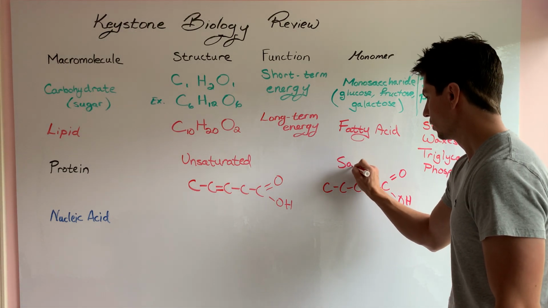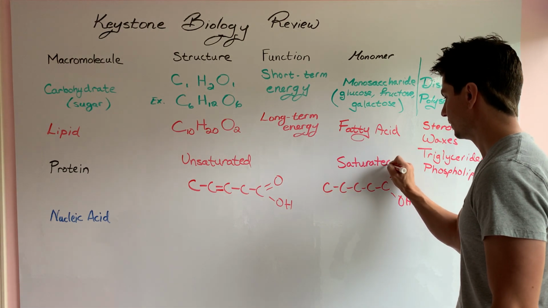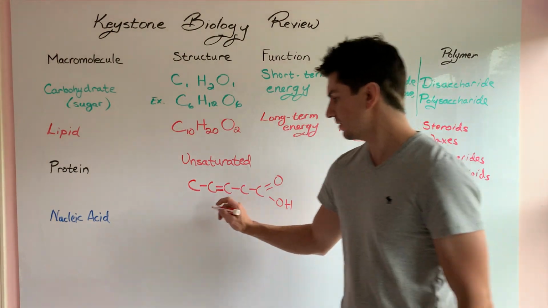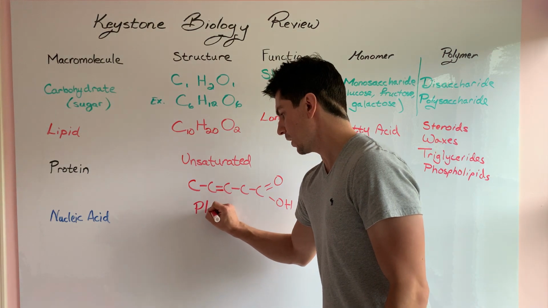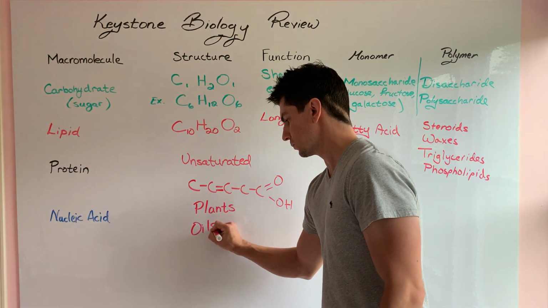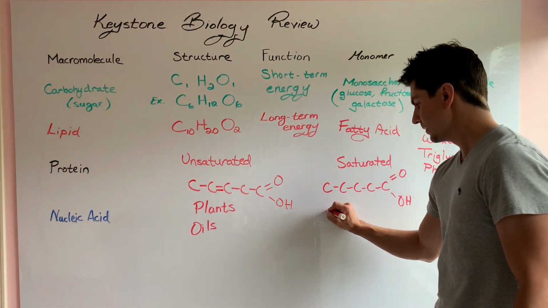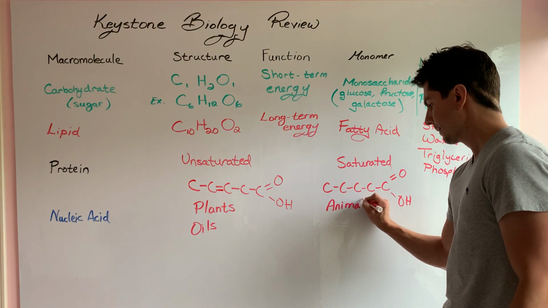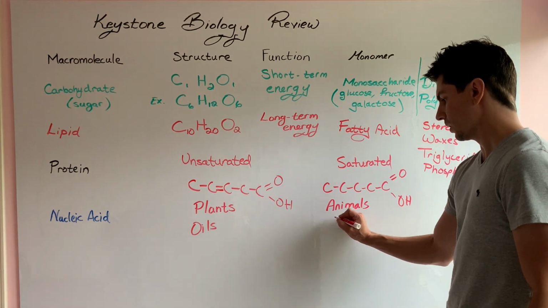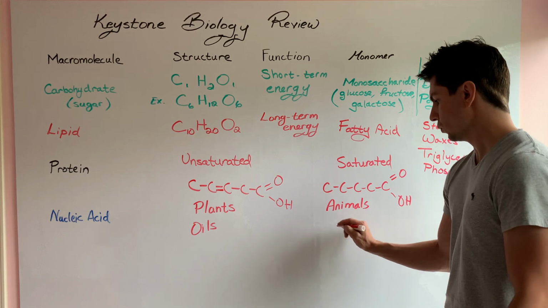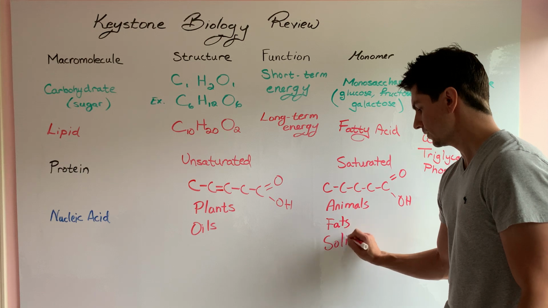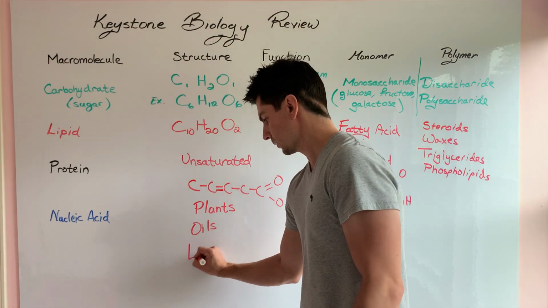So here's our saturated. We have all single bonds in between our carbons. Now, what's the difference between these two? Well, unsaturated fatty acids, these are ones that are very healthy for you. They come from plants, and at room temperature, they are oils. Saturated, these are ones that are going to come from animals, and at room temperature, they are going to be solids, okay? So these ones are going to be our oils. These ones are going to be our fats, okay? And like I said, these ones are solids. These ones are liquids,